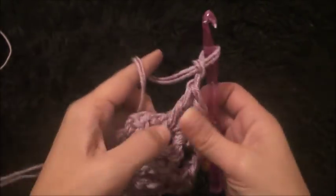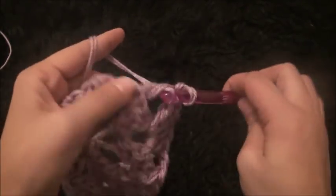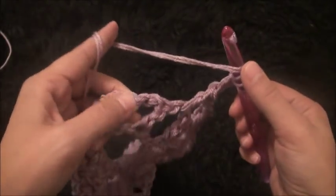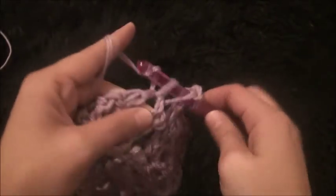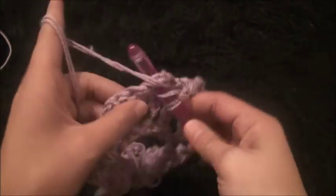chain 2, through this next 2 chain loop I'll make 1 double crochet, chain 2, through this next 2 chain loop I'll make 1 double crochet, chain 2, through this next 1 chain loop I'll make 2 double crochet,